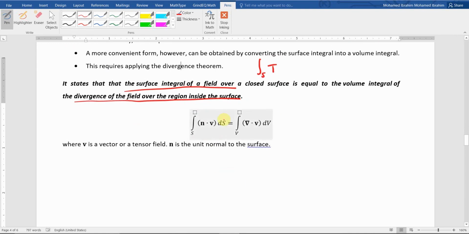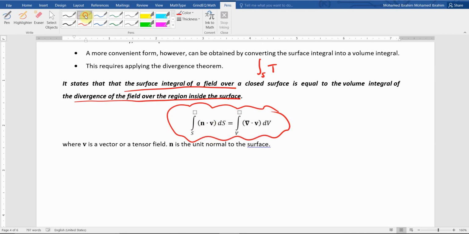So mathematically speaking, this is the conventional form of the divergence theorem. The divergence theorem states that in case you have a field, this field is V. This V could be a vector, a tensor, or anything, right? A vector or a tensor of any order. So in case we have a field like V,